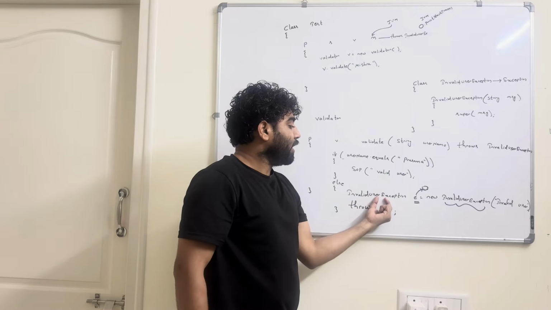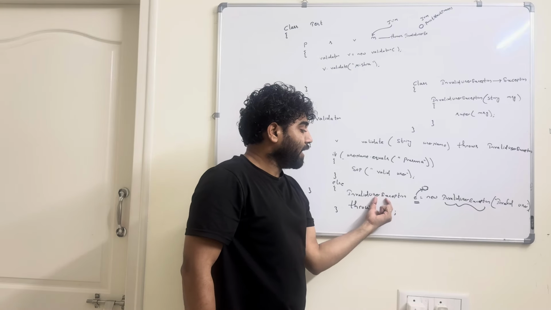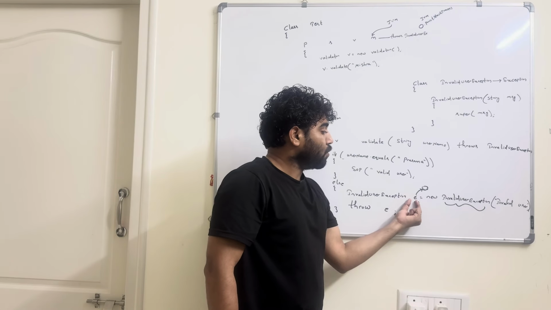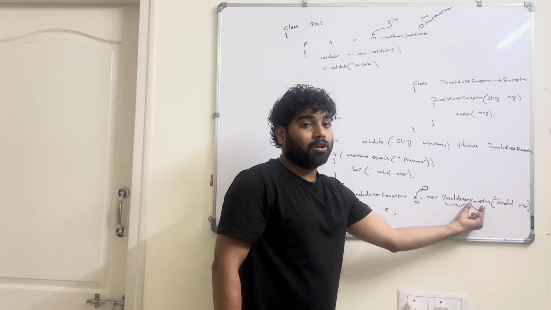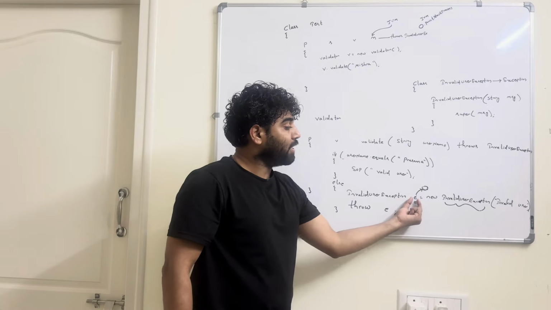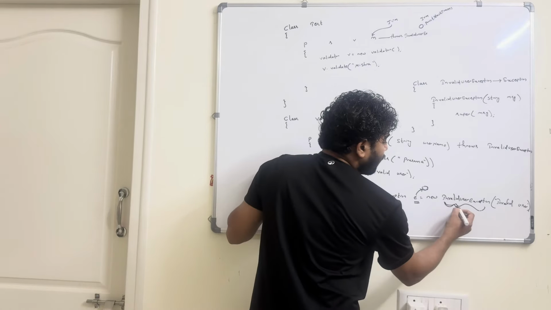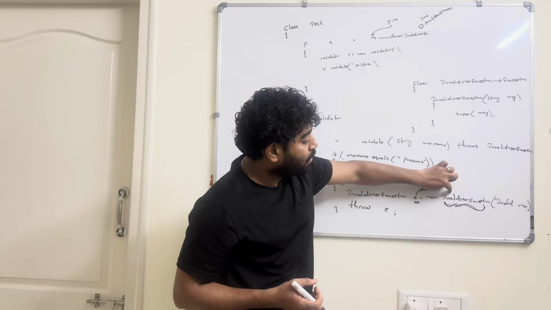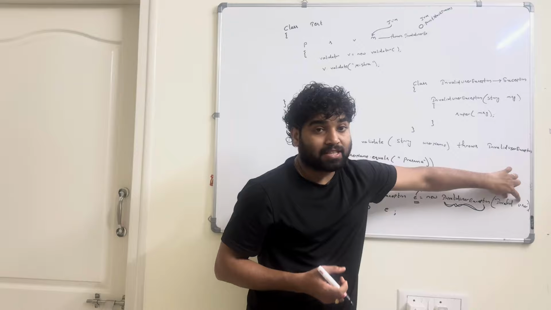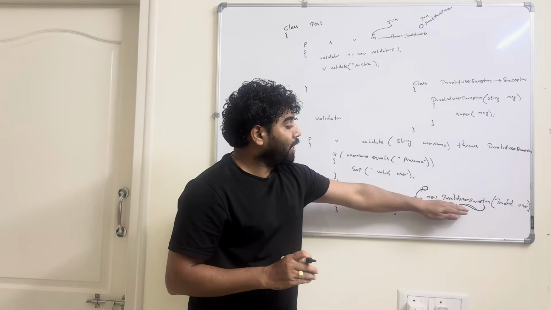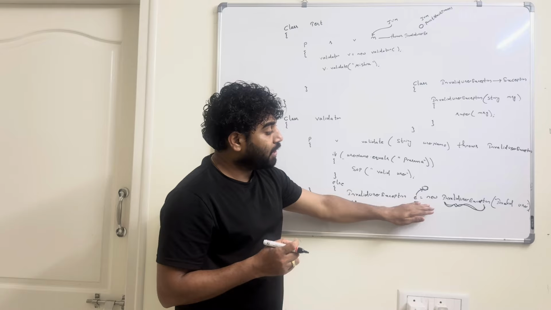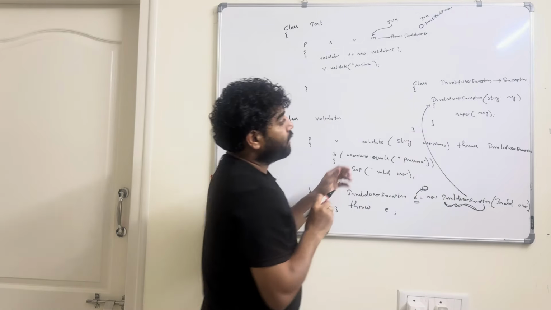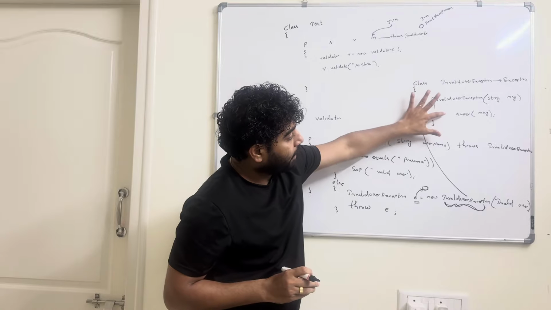Now how I am creating this object: invalid user exception is equals to new invalid user exception. While creating the object itself, I am trying to call this constructor of this invalid user exception, and while calling this constructor, I am passing this error message. At the time of creating the object, this constructor will get called. In this constructor, what it is doing, again it is calling the